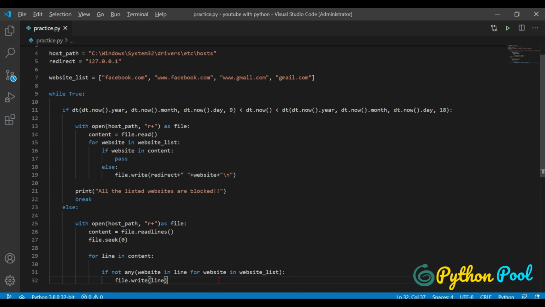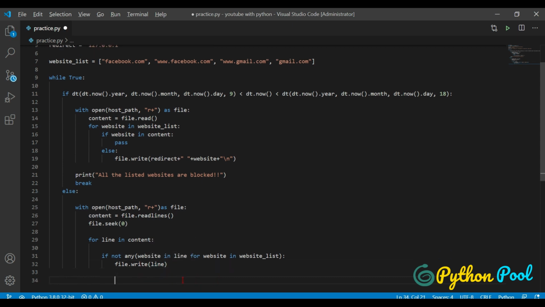We don't need to block any website, then replace that line. So write that line, and once you have written that line, then truncate your file. file.truncate. Make your file short to that line only, where you don't have any website which is listed in this website list. Truncate your file to that line only.